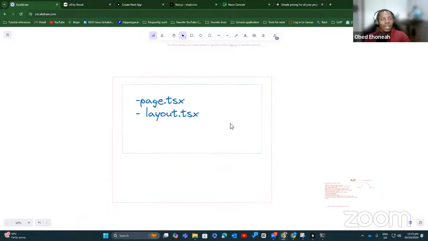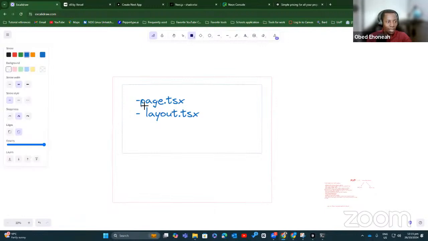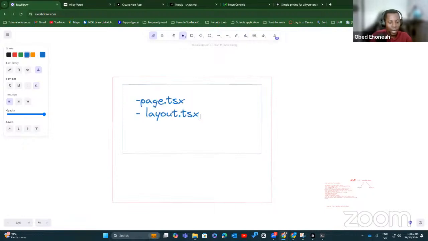If you want to create, let's say, /login, you create a directory called login. Maybe I should just use the text to indicate that. You create a directory called login. Then within that directory, you create page.tsx. So that's how Next.js knows that you are creating a route.